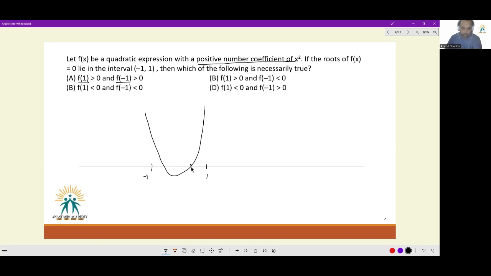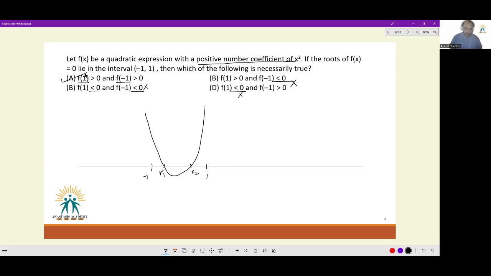Can you see, if the roots are here, let's say this is root 1, this is root 2, f(1) will be positive and f(minus 1) will be positive. Both of them will be positive. Any option that has any mention of negative gets eliminated. The only option that remains has to be option A. The only trigger required to solve this question is knowing the shape of the graph when you have a positive